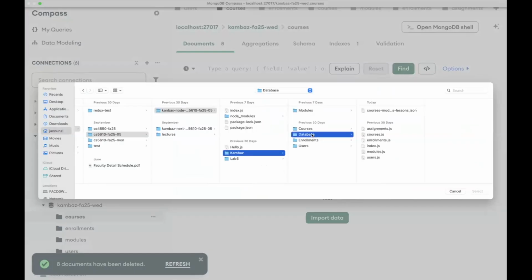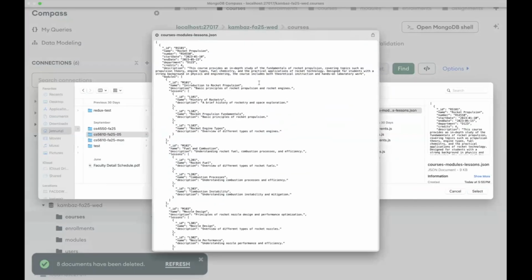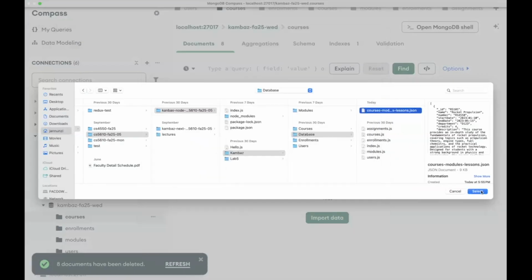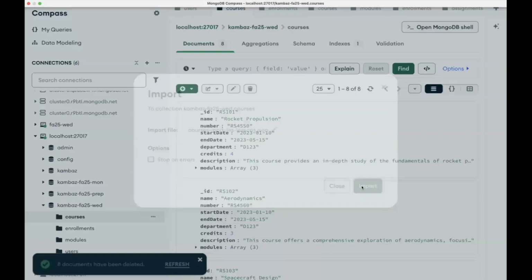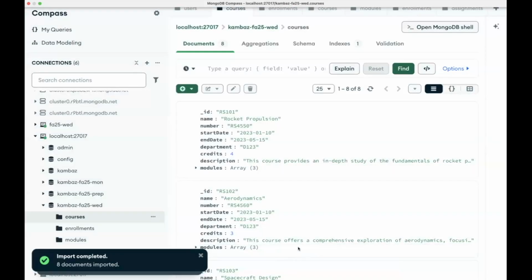Kambaz database. There it is. This is our new file. Let me see. Yeah, there it is. So these are the courses. We have the modules, the lessons. Perfect. So let's select that and let's import. There it is. Okay. We can just check to see now the courses contain this new field called modules that